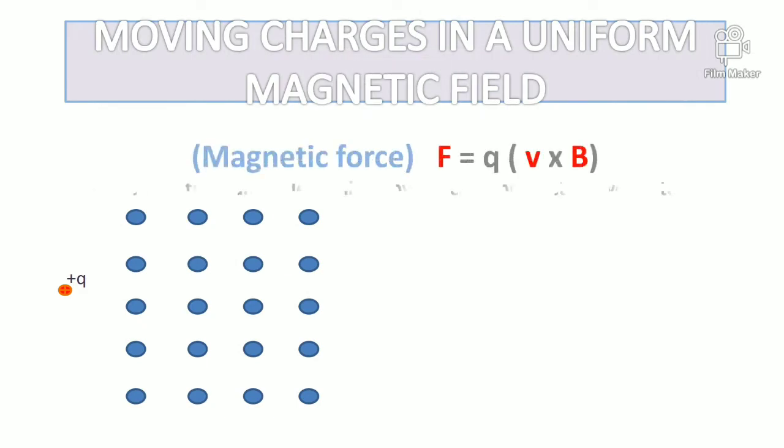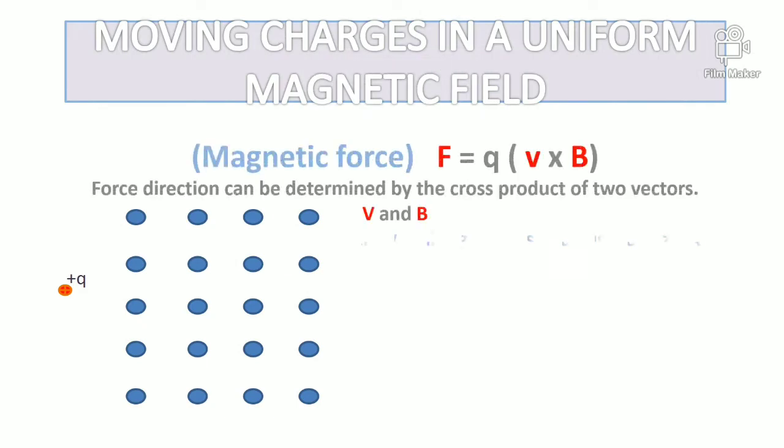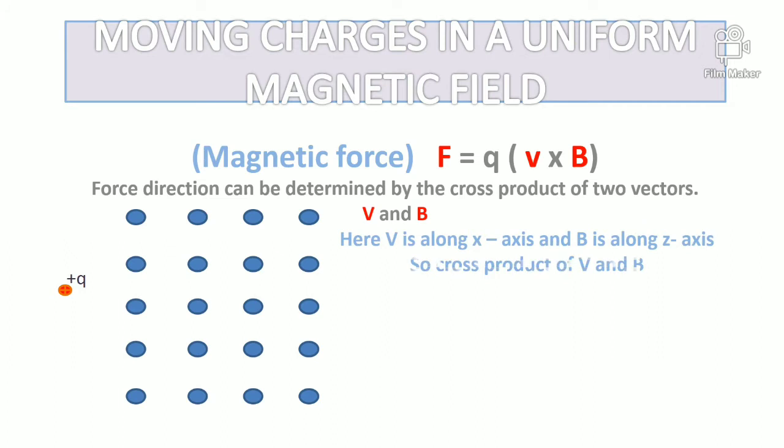As in the presentation I have given here, let us consider a particle which is moving in a uniform magnetic field. Let the charge be q, its velocity is v, and I have mentioned the xyz direction, and the direction of movement of the particle is also depicted here. So the particle will deflect in the downward direction because of the magnetic force present in this region on the moving charge with a velocity v.